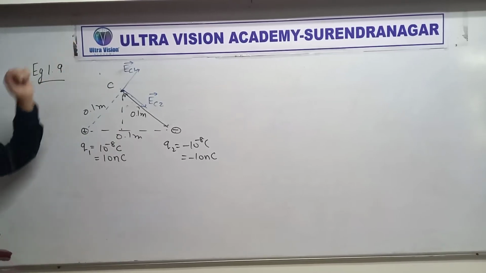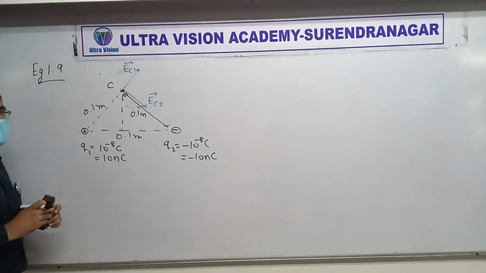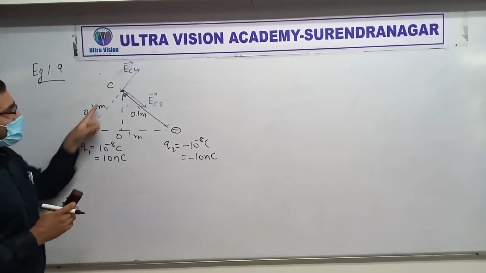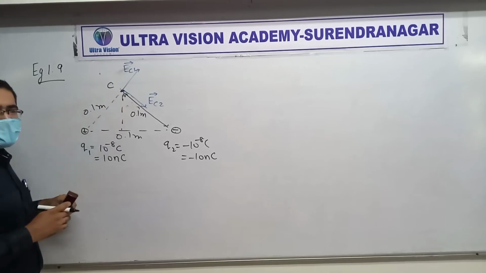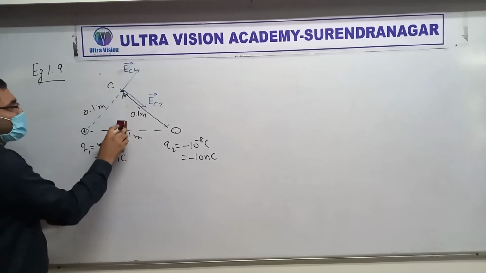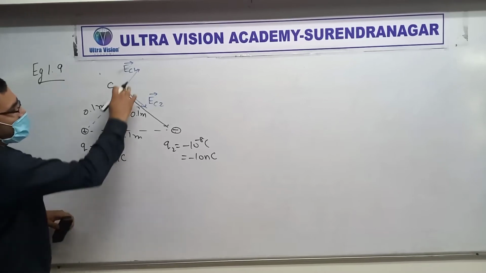What happened? Distance is? Then how much is it? Okay. Alright, no problem. So this is 0.1 all the way. Right? It's an equilateral triangle. Okay, very good. Now we want to find the resultant of these two.